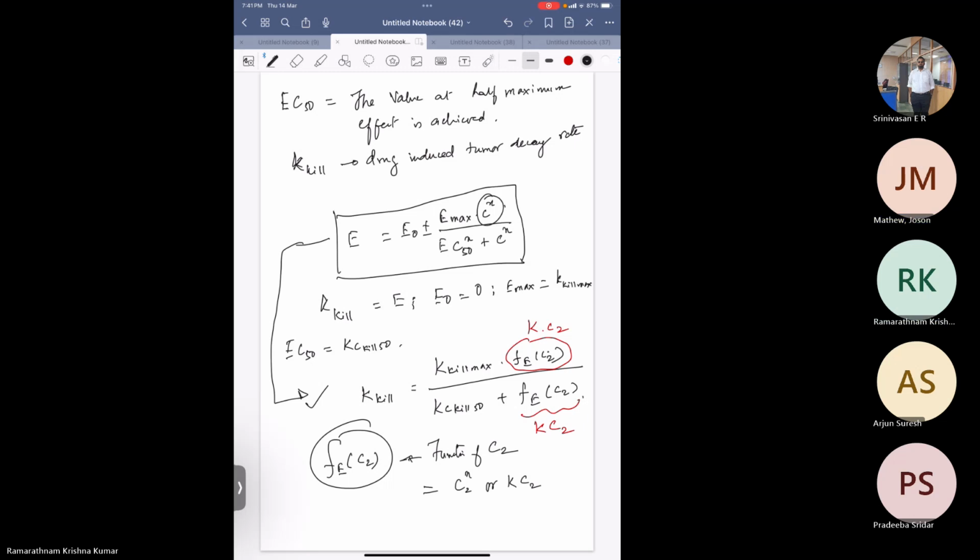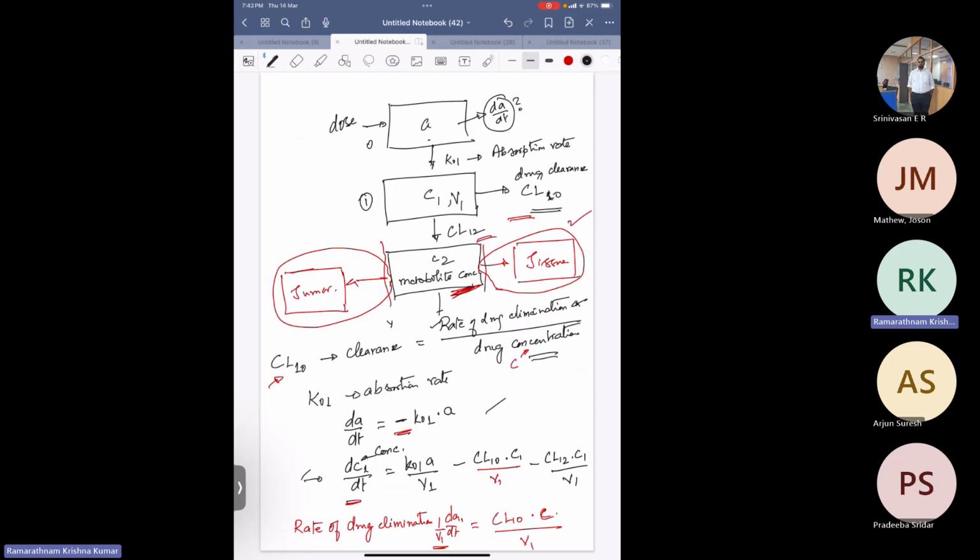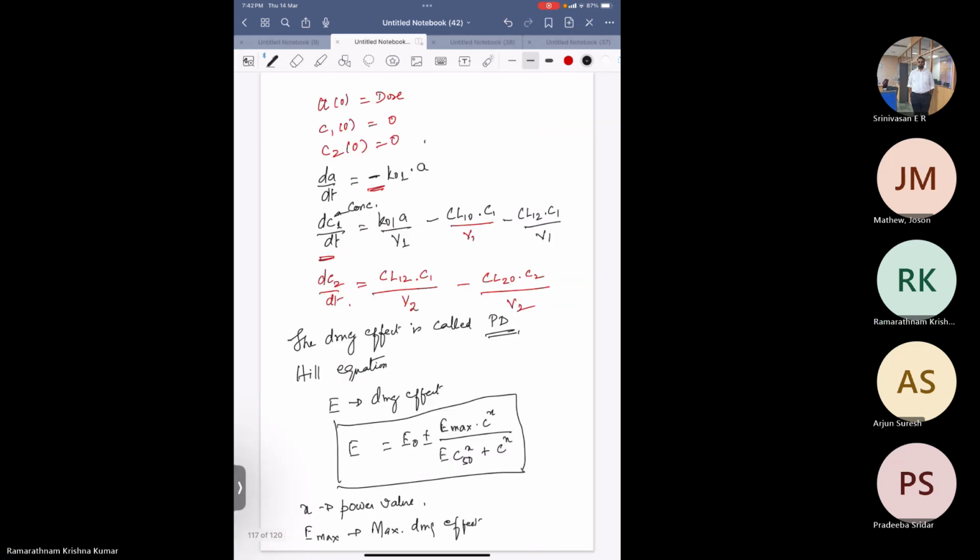So now let's stop for a minute before I go into another set of differential equations. Now look at this. If you look at only these two, let us forget about the safety tissue for a minute. So what has happened? A set of differential equations. We have that here. This is a differential equation,